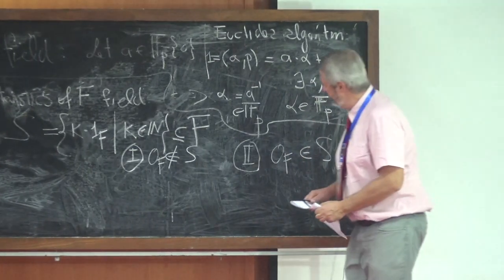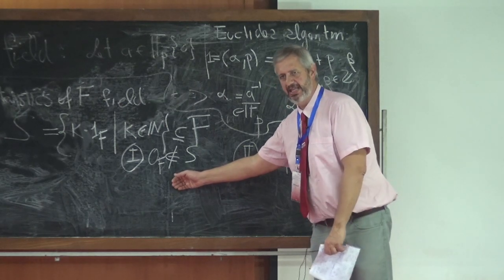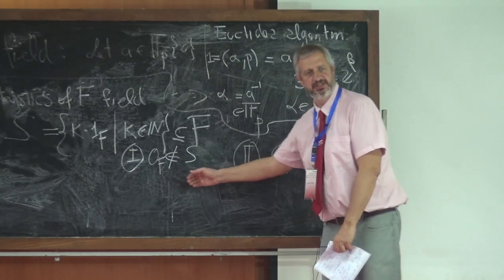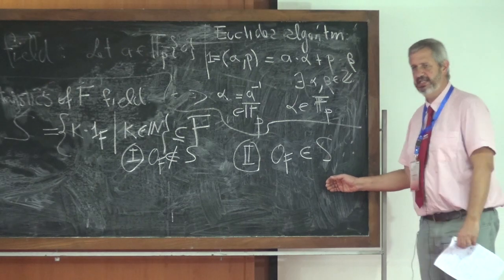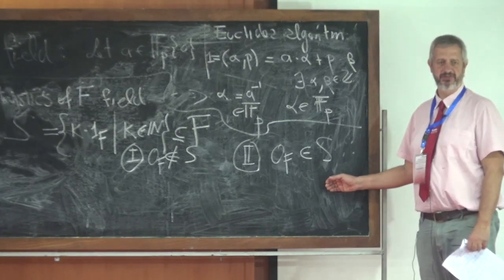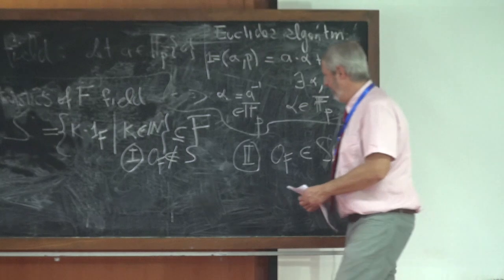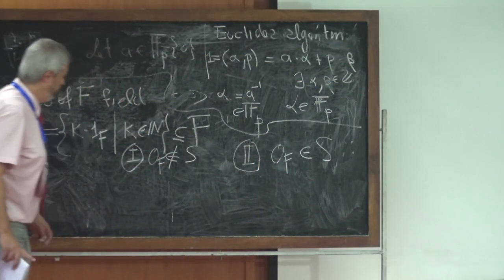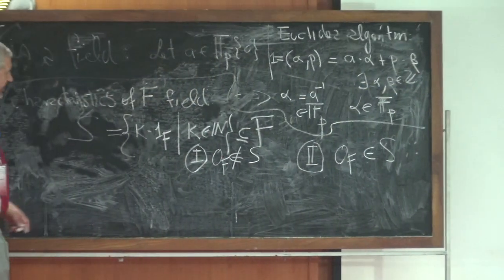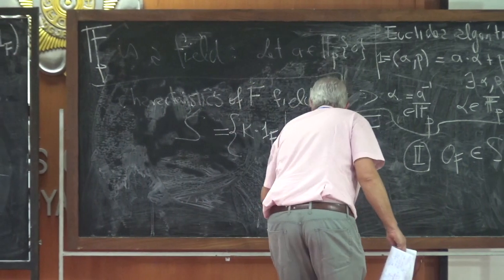In the first case, we say that the field has characteristic 0. In the second case, we say that the field has positive characteristic. Okay? In this case, what happens is that, so, exercise: